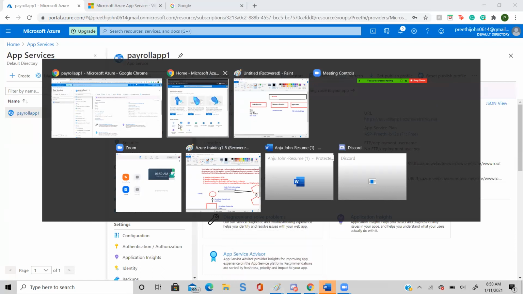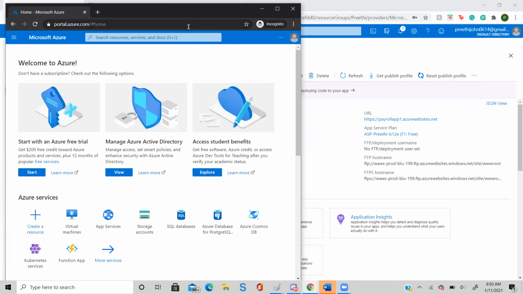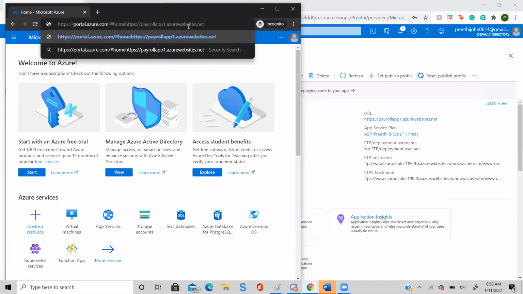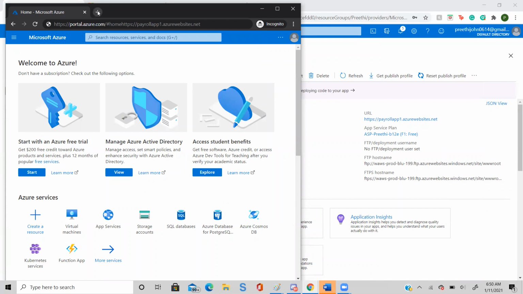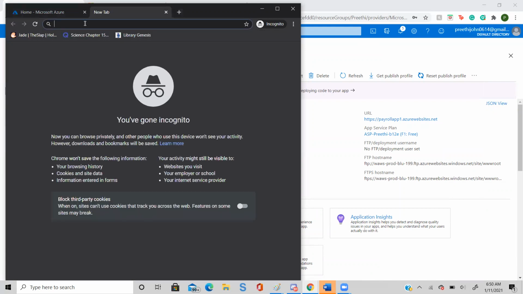Second one, very good. Not here. In another tab. In the same browser, open another tab. And just paste it here.